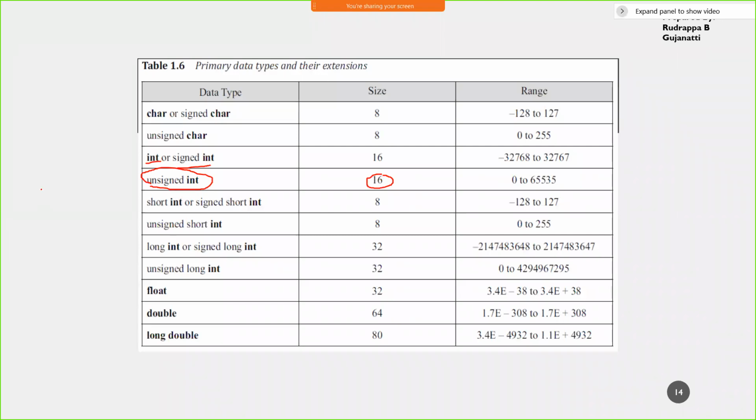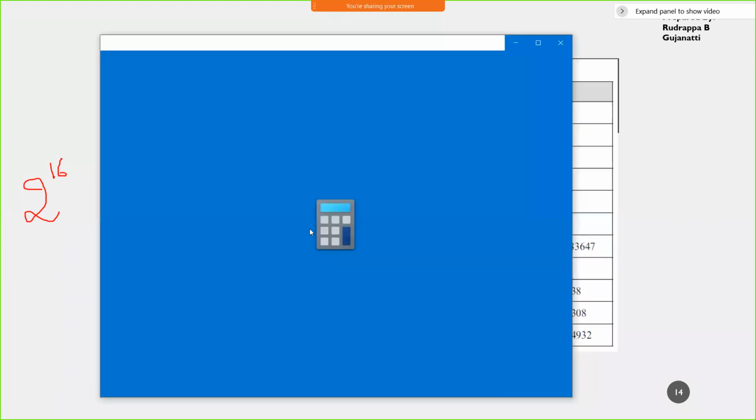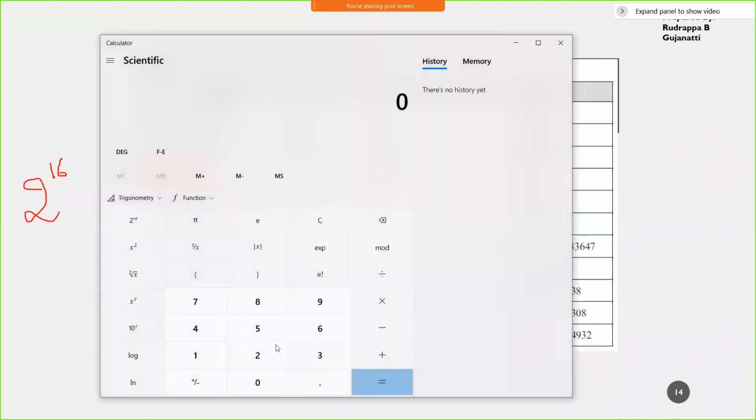When it is consuming 16 bits, the possible numbers are 2 raised to 16, which turns out to be around, I guess, 65 thousand something. 2 raised to 10 is 1024, and you have to add half of that.